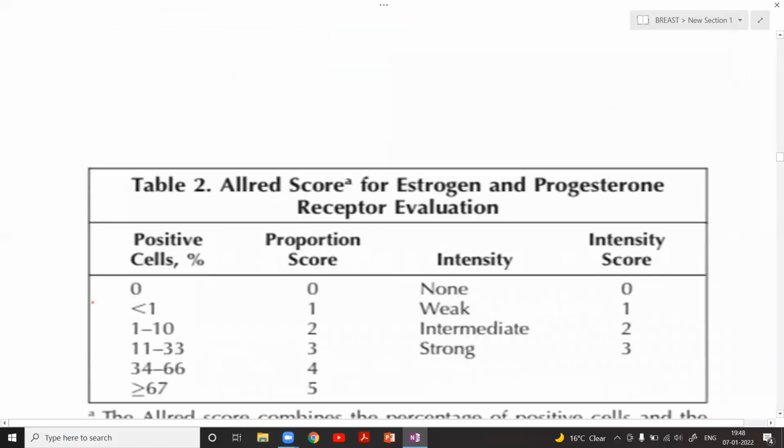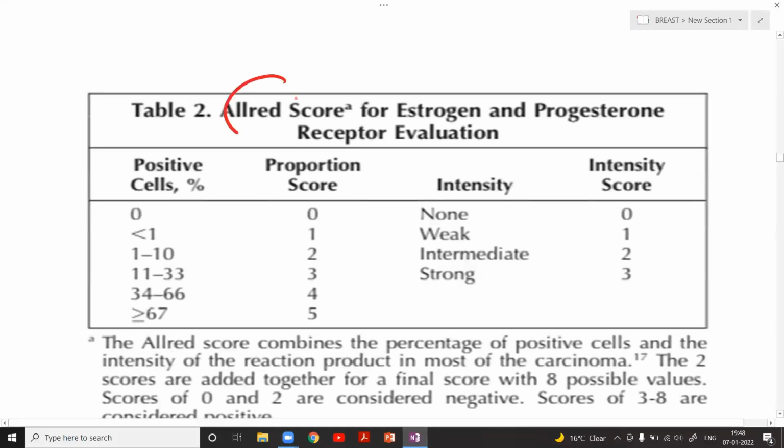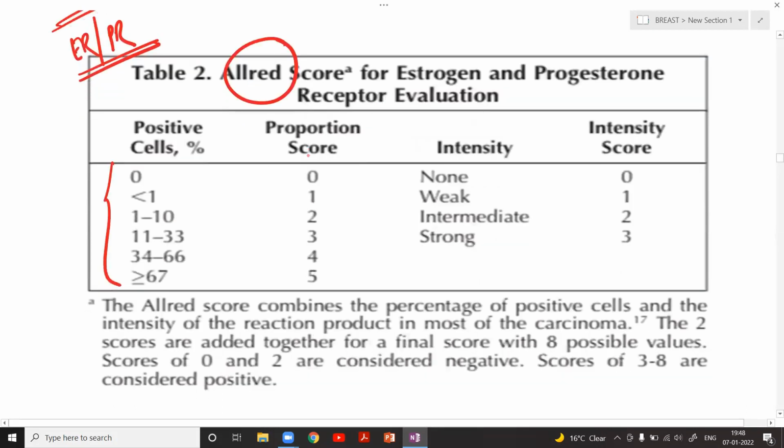Okay. So if you see there, but still in our country, I don't know outside India what is the scenario, but in India, most commonly, we are following what is called as an Allred scoring. So what is the scoring? Let us see. In this, according to the percentage of positive cells, this is Allred score for ER/PR. Remember, these questions will be asked to 100% students who are sitting for the exam. Okay, because this is the day-to-day scoring that you are going to see, that whenever they leave a report, and if IHC is being done in the institute, then they have to leave this report.